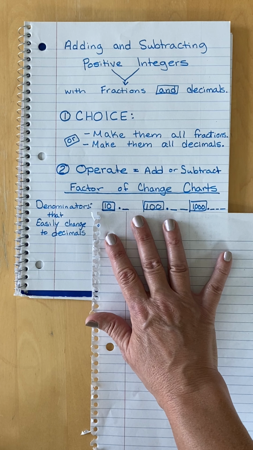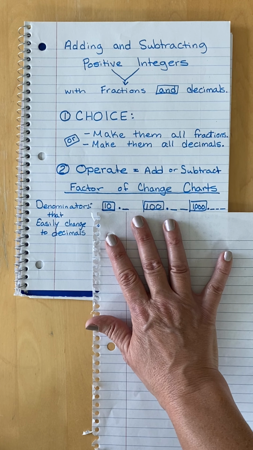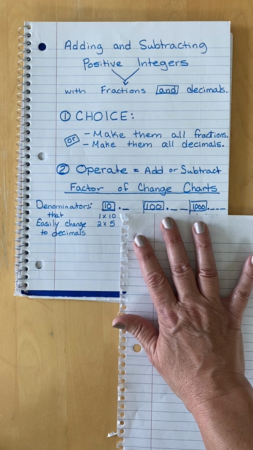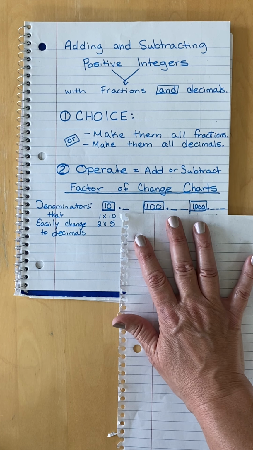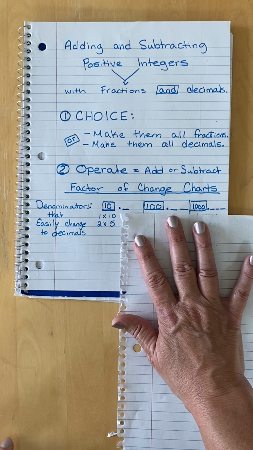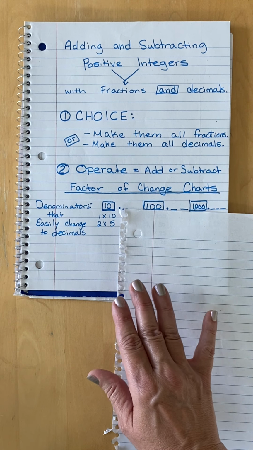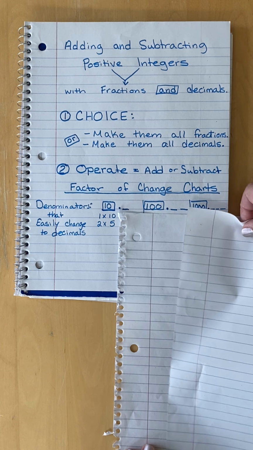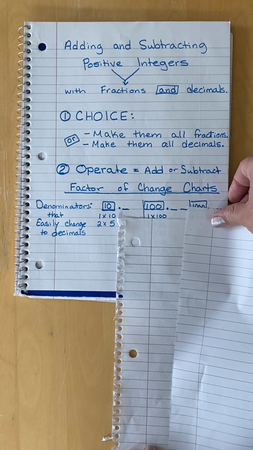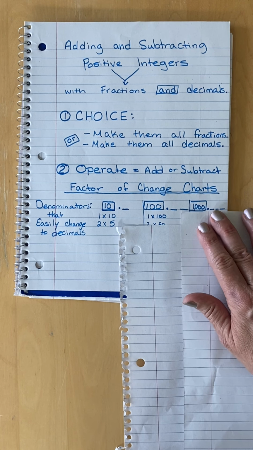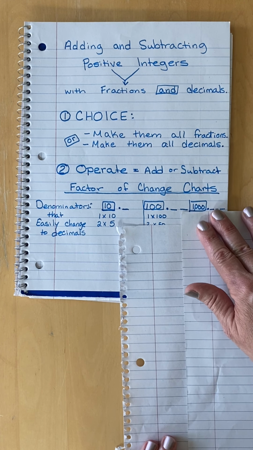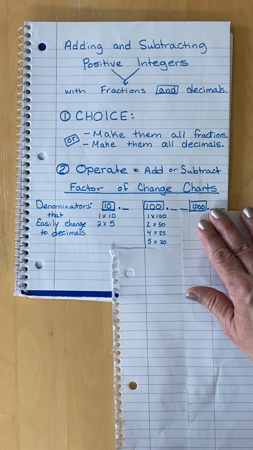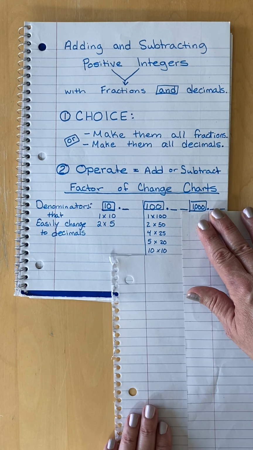So we're going to make factor charts. 10, super fast, super easy. 1 times 10 is 10. 2 times 5 is 10. Next, we're going to go ahead and take a look at your hundredths. So with your hundredths, we have 1 times 100, 2 times 50, 4 times 25, 5 times 20, 10